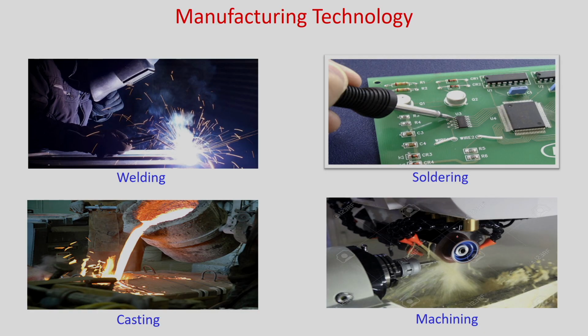In addition, you will find there are many applications in manufacturing technology. So, in machining process, when the tool cuts the metal, you can see there will be more heat generation, and these are cooled using some fluid, cooling fluid. Okay. So, these cooling fluids are put near to the tool, and this heat is removed. In addition, you can see in welding, casting and soldering processes, there will be phase changes, and also there will be heat transfer due to convection.